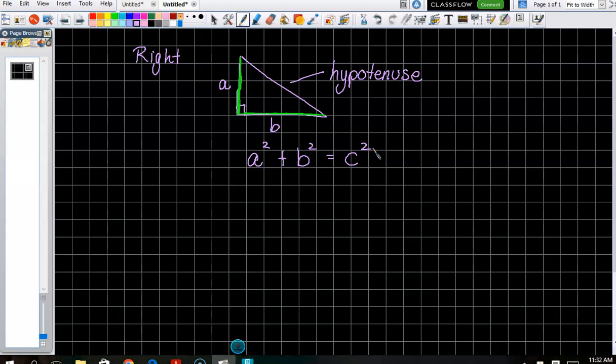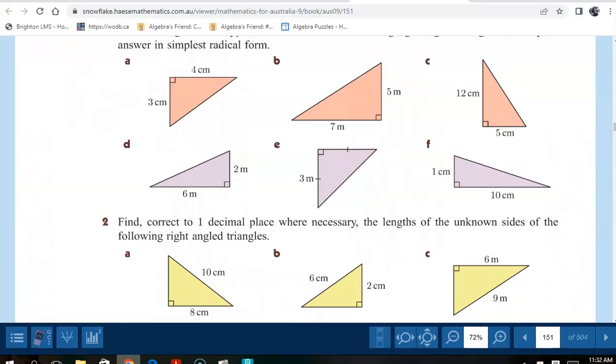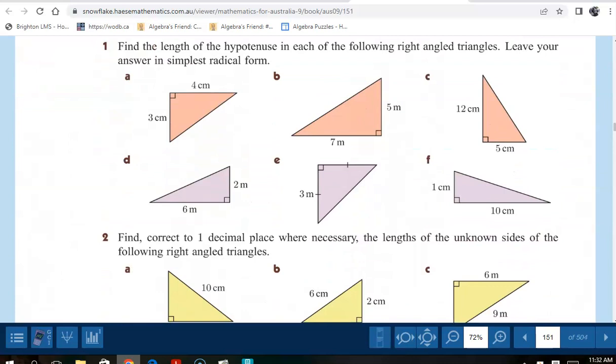So, love it. We've got 2 rules and 2 rules only: one when we're finding the hypotenuse, and one when we're finding the non-hypotenuse. So just to recap before you guys go on your merry way, from the work that we were doing for homework, a couple of people said they got one of them wrong. So can we have a request, even from those who did not do their homework? Can we request one from question 1? E. I heard E. Thank you very much. So if we look at E,